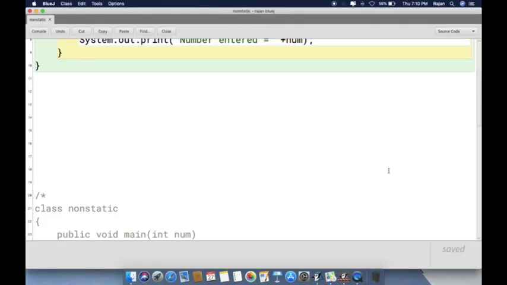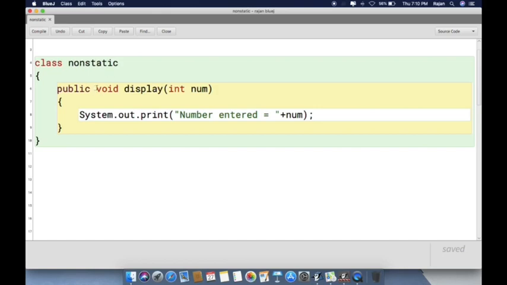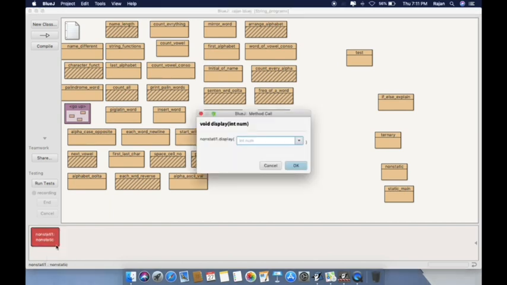This class is having a function which is a non-static function. That's why you are allowed to create its object. And now using the object, you will make a right click and you will select the function name, and the function will ask you to input a number into an input dialog.